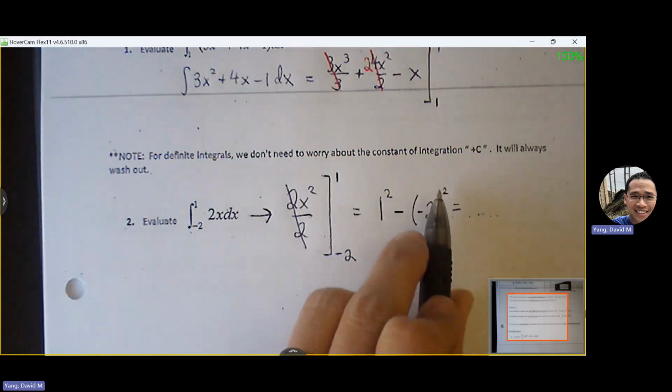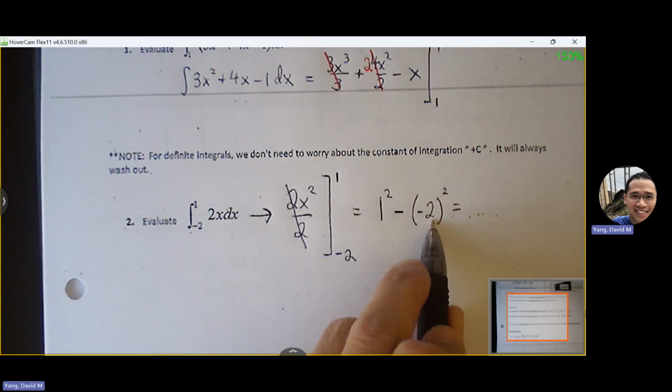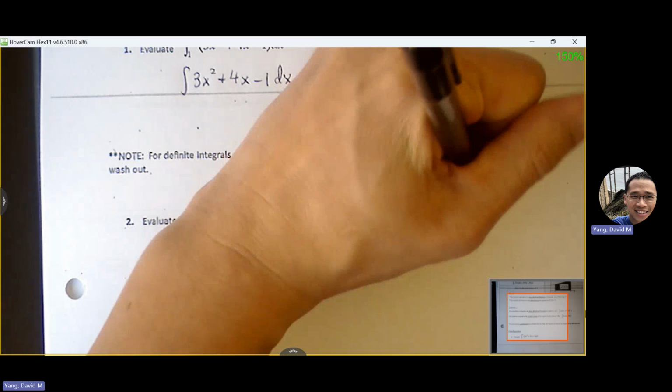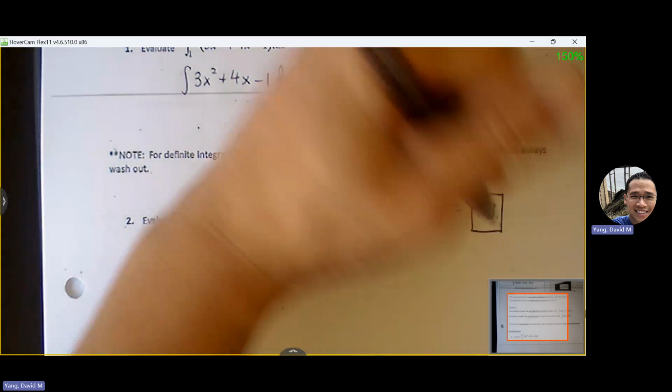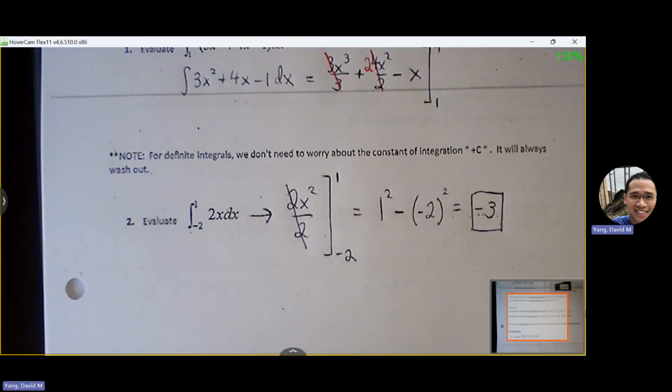The -2 squared will resolve first. This will become a positive 4. And 1 minus 4 becomes -3. And we don't associate negatives with area. And the reason why we're getting that is because